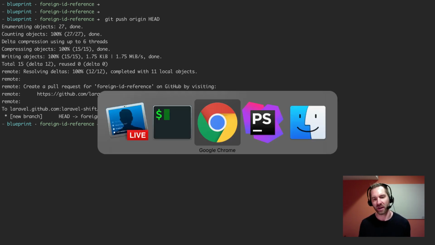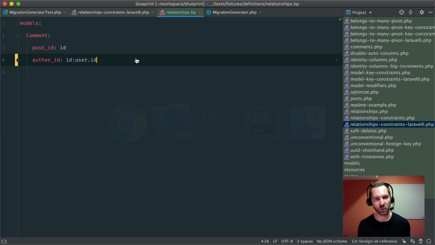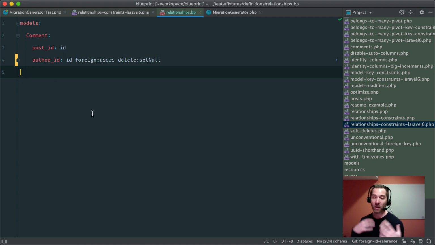To do something like that, the syntax would really just be, let's just play that out for a second. You would basically say author ID, foreign users, delete set null, or this could be an example syntax. Again, I'm not against it, but this just continues to go back to that point of how much you're